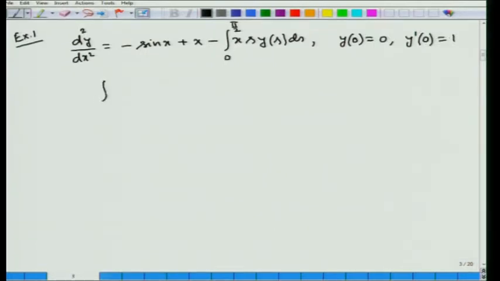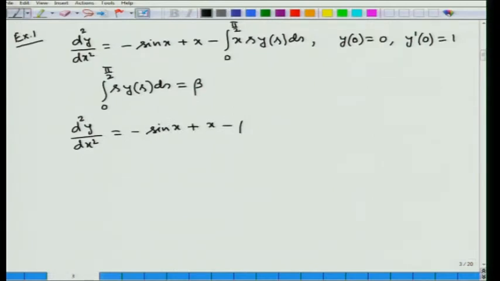So, assuming that integral 0 to pi by 2 s y(s) ds is equal to beta, we can write the given differential equation into the form d2y/dx2 is equal to minus sin x plus x minus beta x. So, this is equal to minus sin x plus (1 minus beta) x,